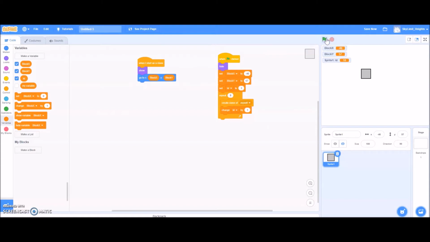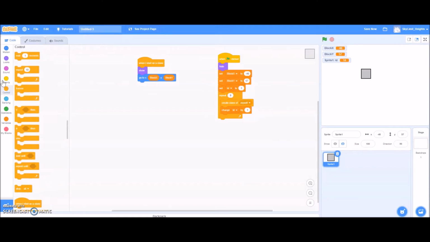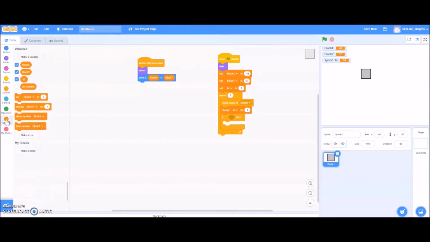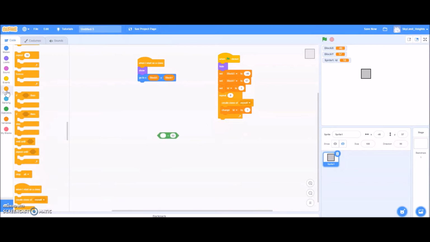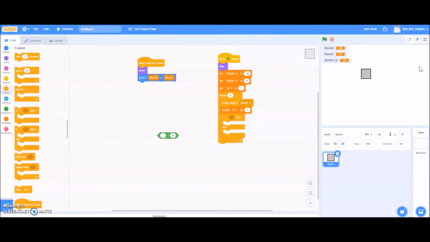Now we want to change the block X and the block Y accordingly. We have to check using the if command. So if block X, I'm going to put greater than, or if block X is less than. We're going to actually need an if else because we need to change the block Y if the block X has already reached the maximum. So if block X